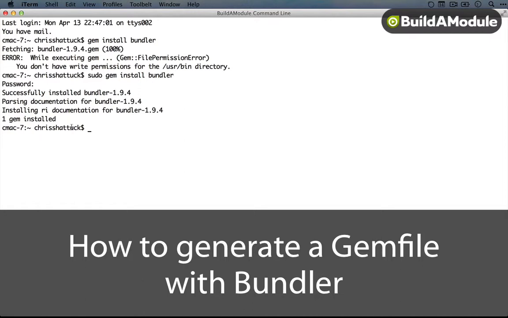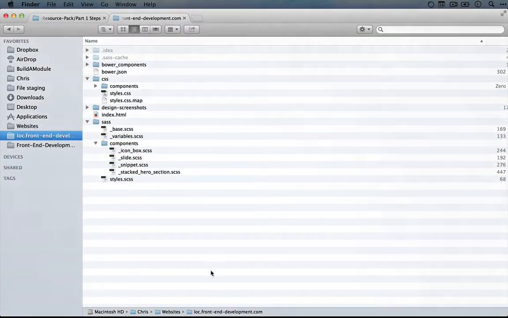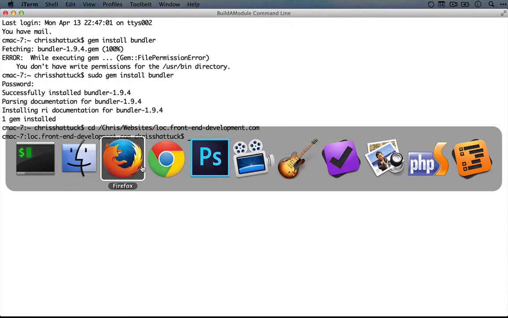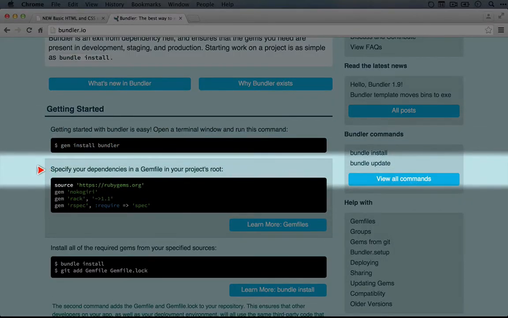Next, we want to make sure that we've navigated to our project folder. So I'm going to type cd in order to change directory. And I'm going to drag my project directory over to the terminal window and hit enter. And now if we go back to the browser, it gives us some details here that says specify your dependencies